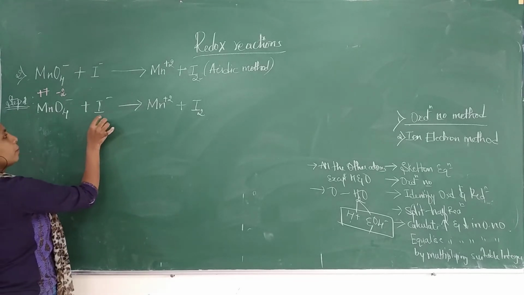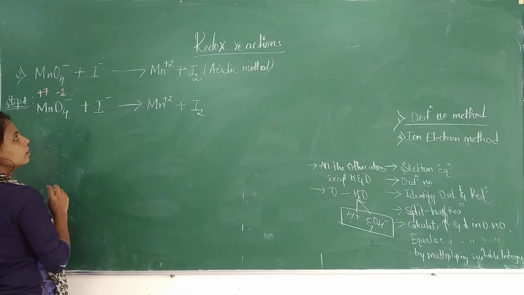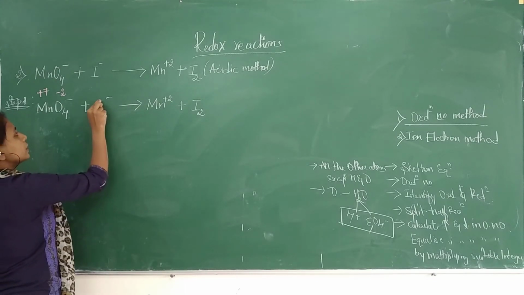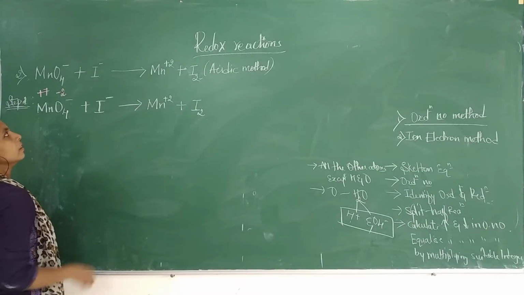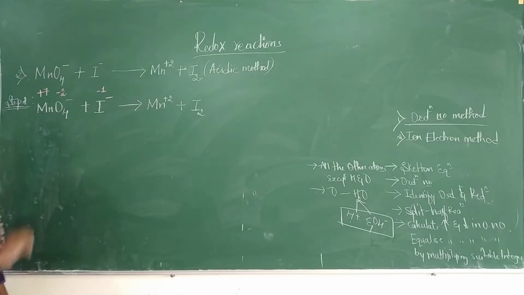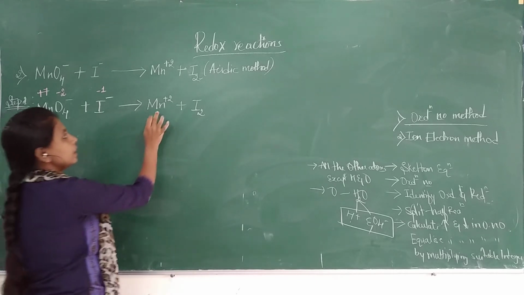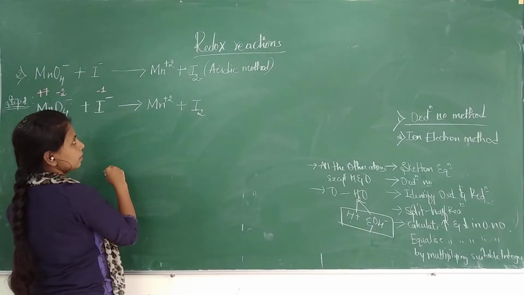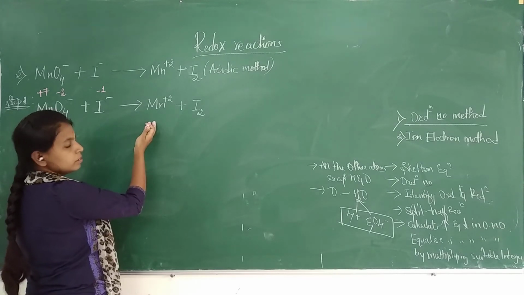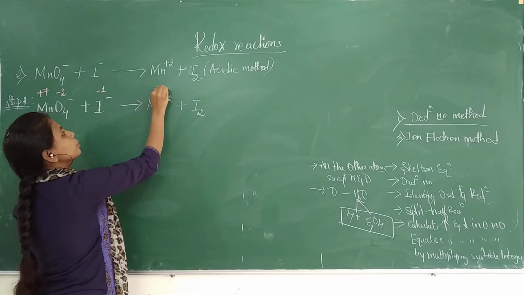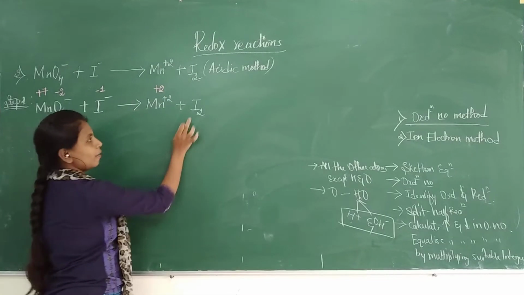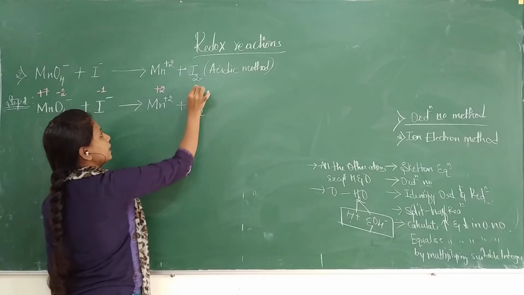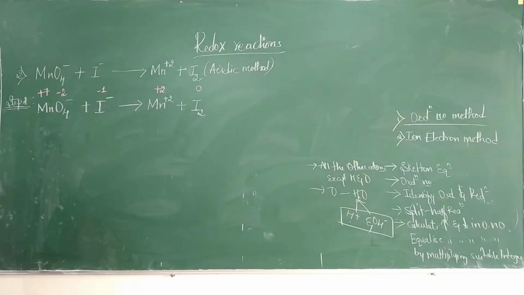What is the oxidation number of iodide? Yeah, it is -1 as it is a monoatomic ion. Monoatomic ion means there is already a charge on it, and that charge represents the oxidation number. -1. Mn: now will you say it as 0? No, it is +2. Again it is a monoatomic ion. Now iodine in its elemental state, yeah, it is 0. Clear? These are the oxidation numbers of all the elements given in the equation.